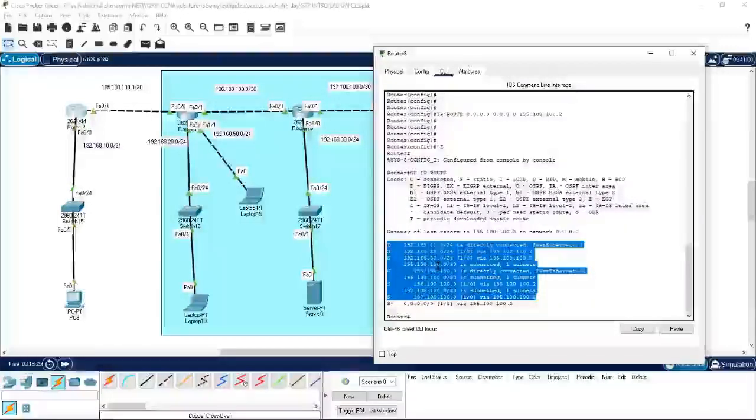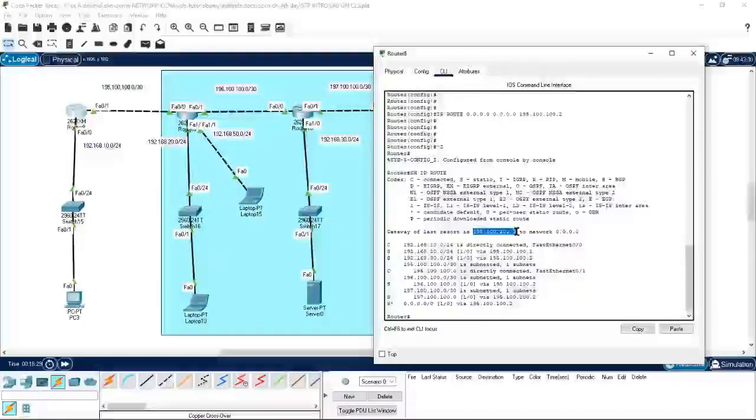If there is no route in the route table, it will forward the packet to this particular interface IP address, 195.100.102. You can see here an S star, which means the default route, and any network, any subnet mask. This portion is admin distance 1 and metric value 0, which I will explain later,